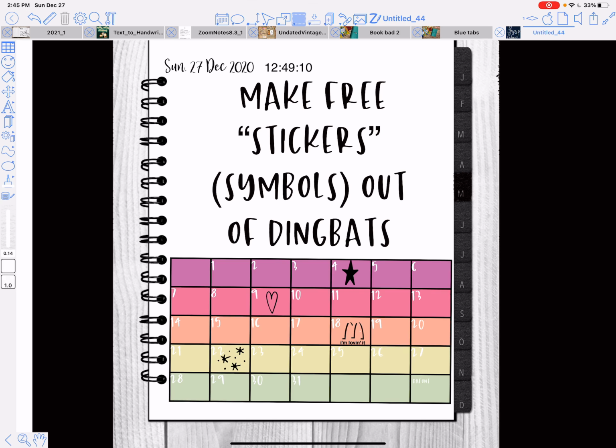Hi everybody, Nancy here. Okay, today we're going to make free stickers, also known as symbols, out of Dingbats using ZoomNotes. Okay, and seriously, the word is symbols, not stickers, but for the sake of people understanding, I'll go ahead